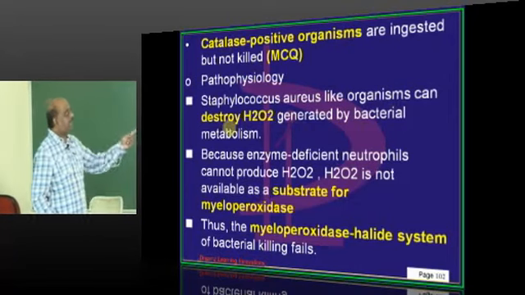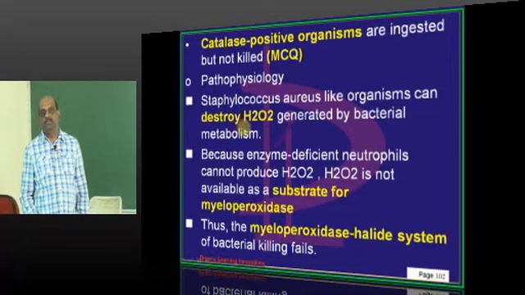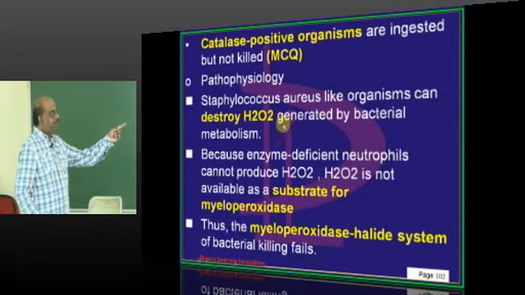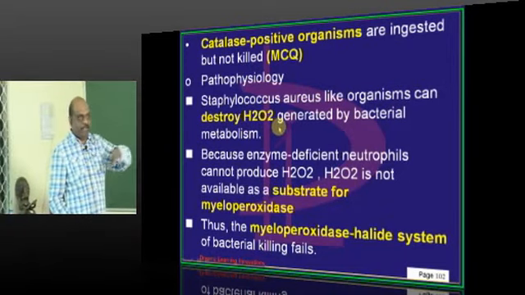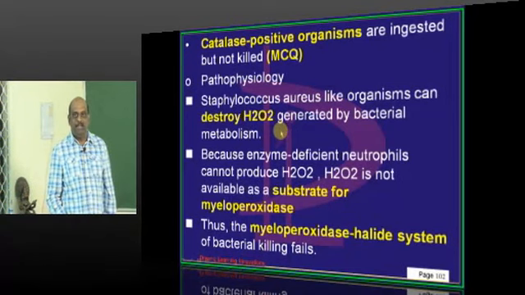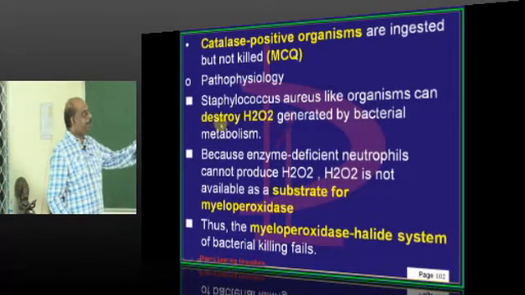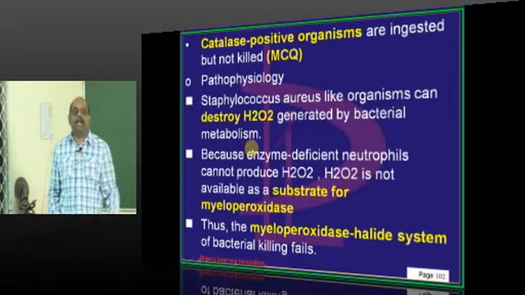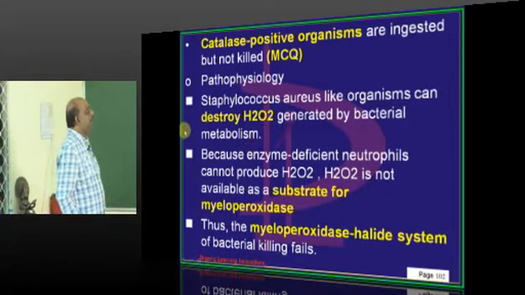A Staphylococcus aureus-like organism, what will it do? It will be generating hydrogen peroxide during its own metabolism. And the generated hydrogen peroxide is destroyed by its own catalase because it has got a catalase. You agree with me? Then